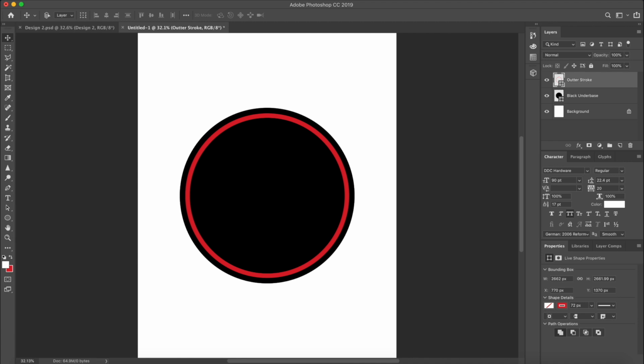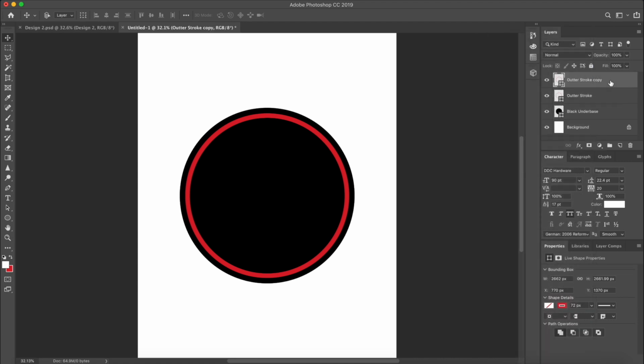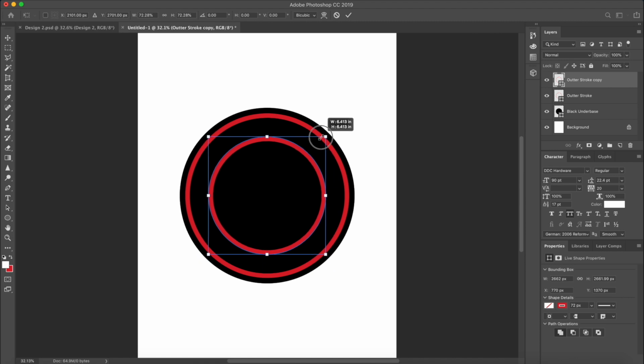Again, we're trying to stay semi-organized here. Now what I can do is do Command J on it, or I can just right click on the layer and duplicate it that way. But I always like using the shortcuts. And what I do is I do Command T again, Shift Option, I'm holding that and I'm just resizing it,